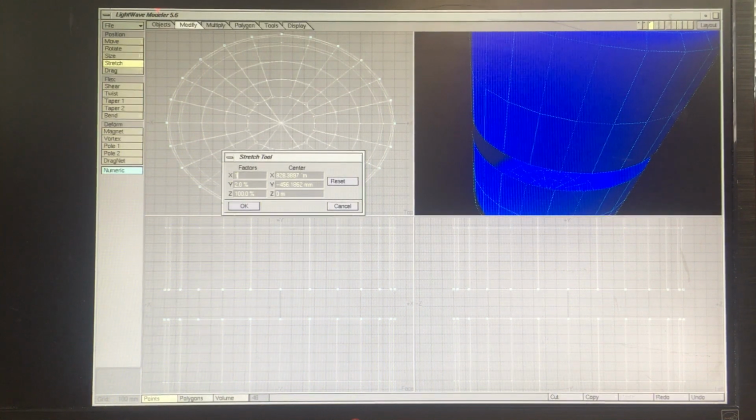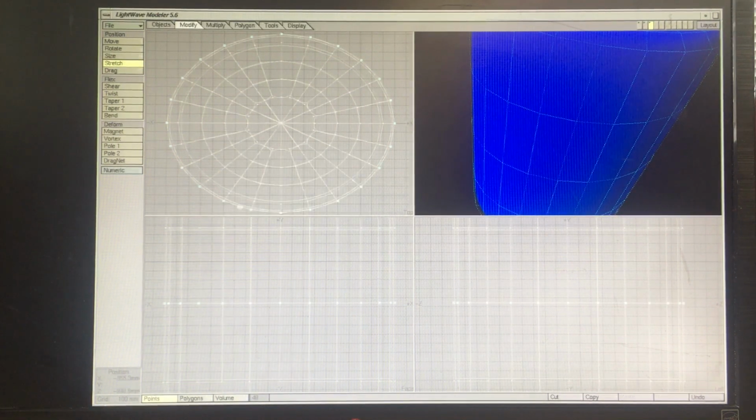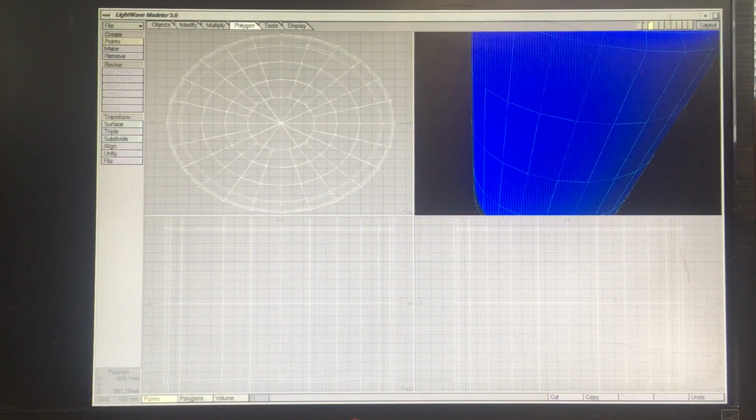X is going to stay 100, Y is going to stay 0, Z is going to stay 0. We'll hit OK, and there they are. Now they're lined up. They're not attached yet though, so what I'm going to do is hit T, turn that off, and deselect everything, and then we're going to go to the Polygon tab,